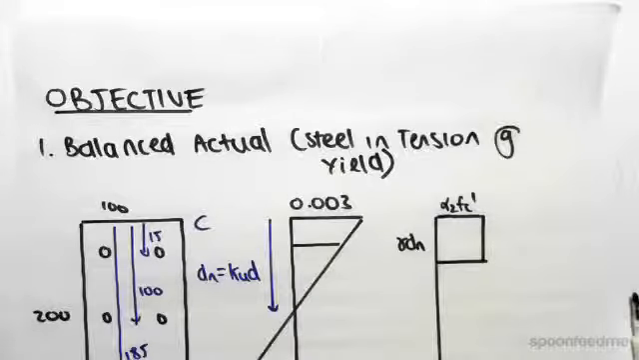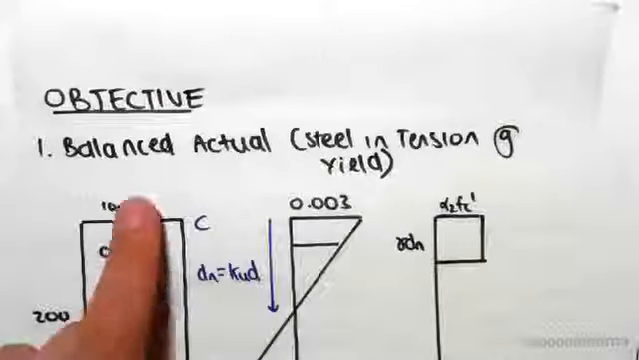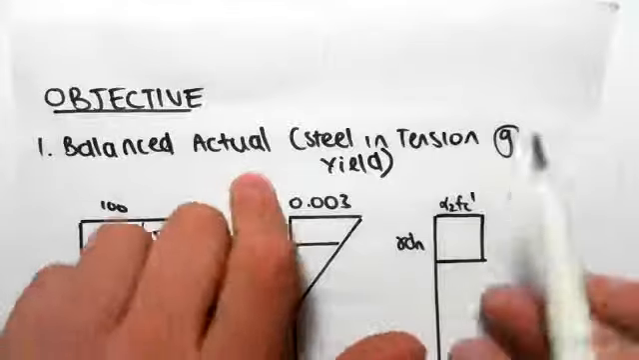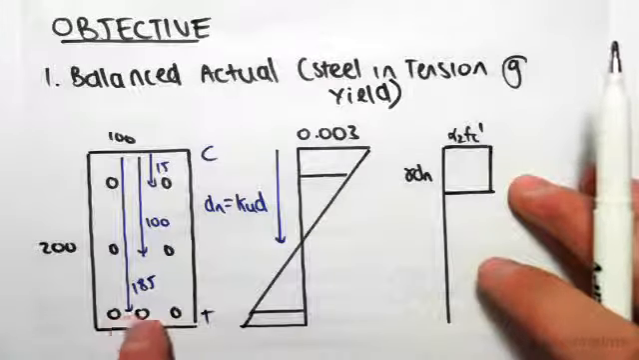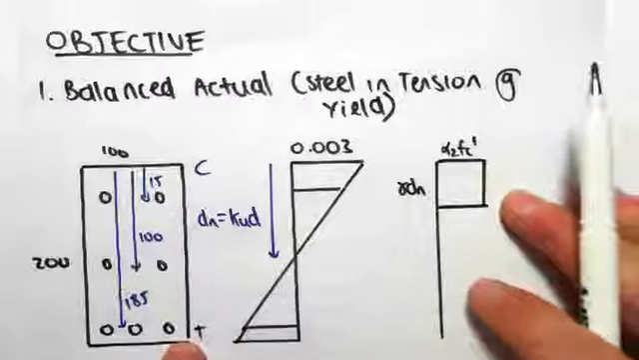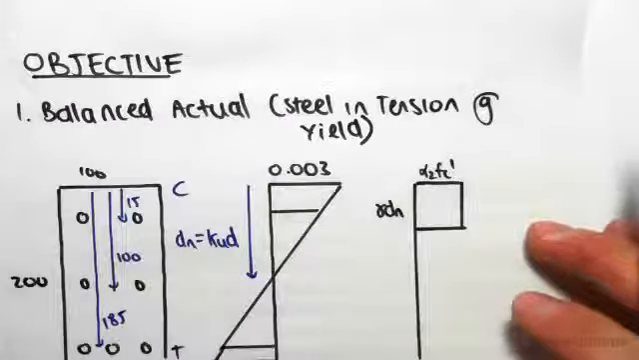Hey guys, the objective for this video is to look at the balanced actual case. The balanced actual case is when the steel in tension is at yield. So this steel down here, the furthest steel away, is at yield. So compared to the balanced nominal,